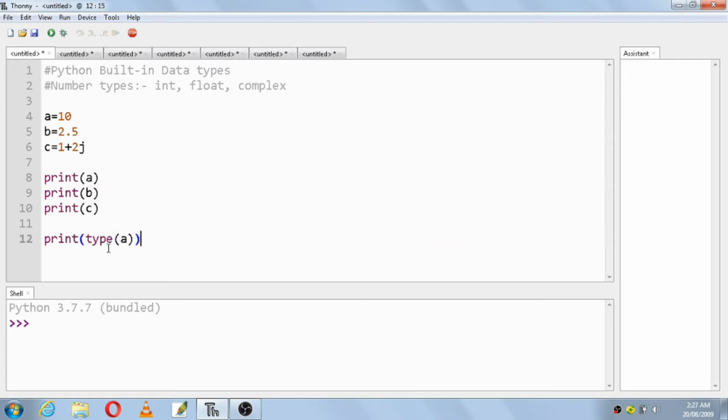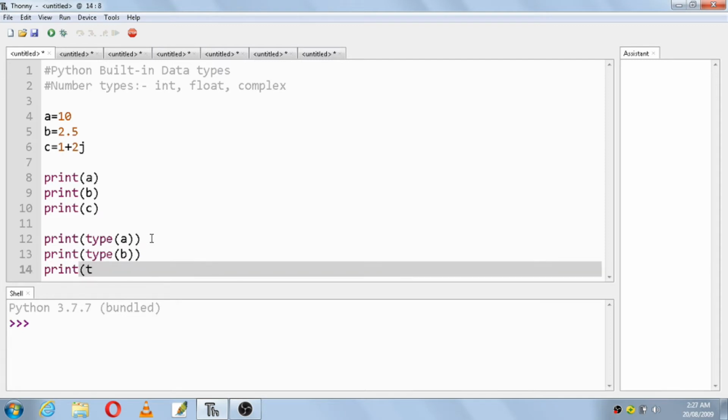If you use this type function, whatever is written inside this function, it will tell what type of data it is, whether it is int, float, char, complex or anything. So print type of a, next print type of b, and print type of c.